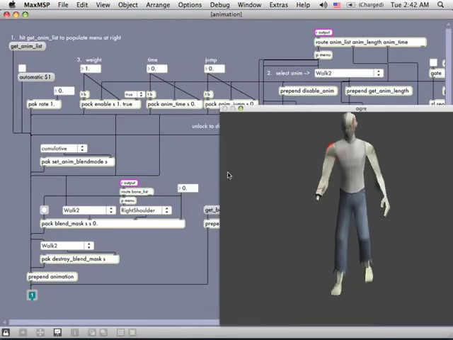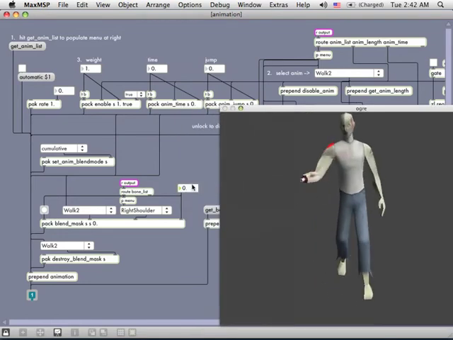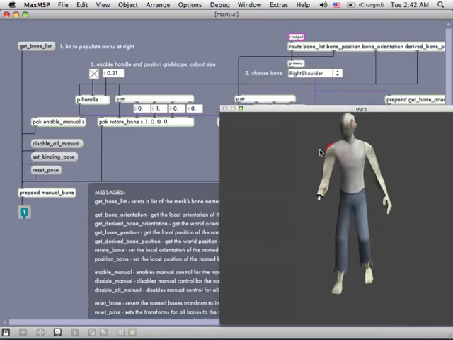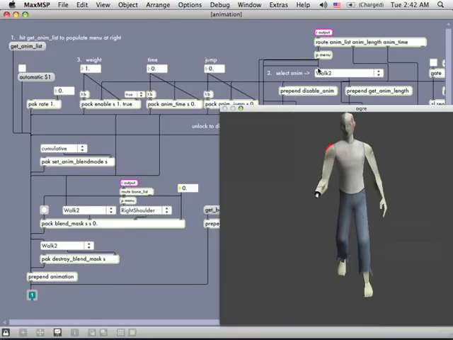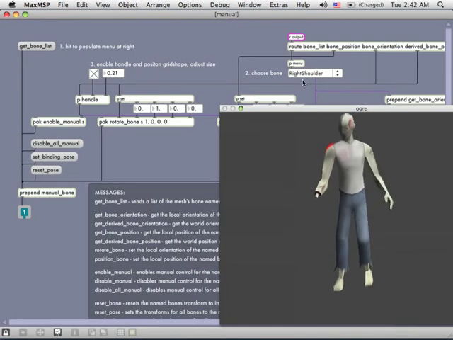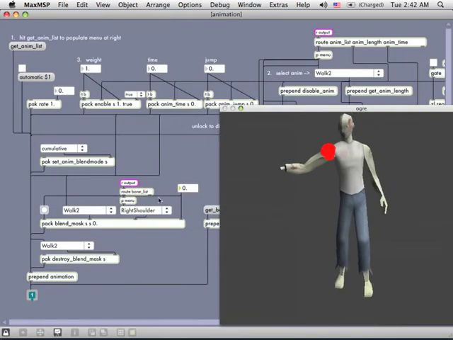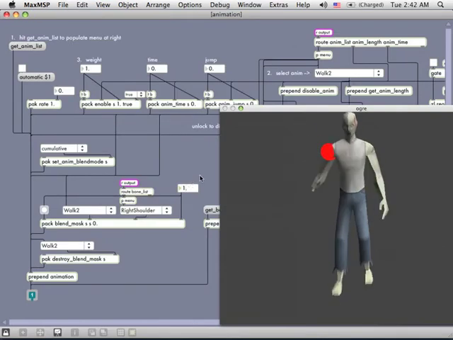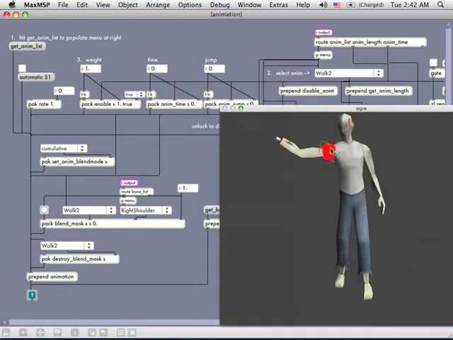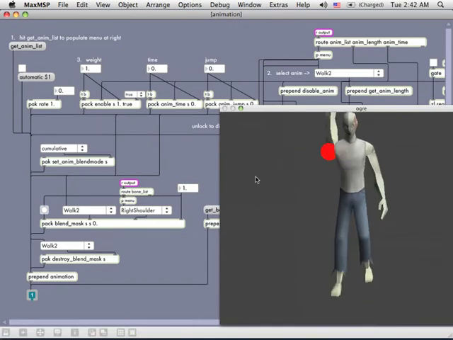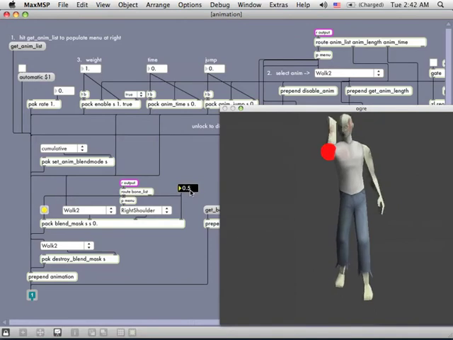And then you send 0 if you don't want this animation to affect that bone, which means that bone is completely affected by the manual control. So here we have right shoulder again, and I can control it, and he's not going to be affected by the animation. Now, if this is turned on, like the default behavior, this is what happens when you have manual control. It starts doing weird stuff. But if you put the weight down to 0,